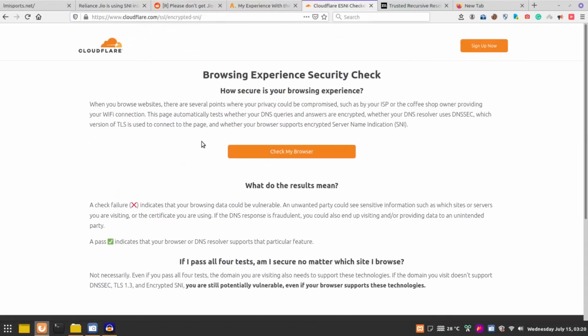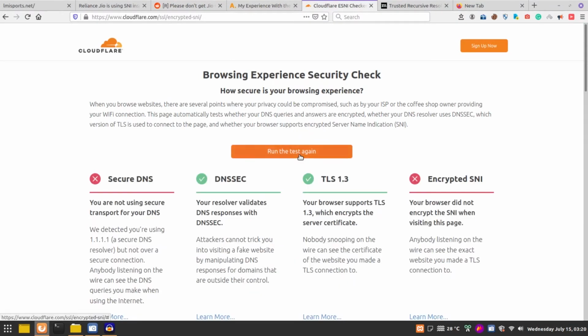So that's all that is required. Now first of all let me show you the checking. I have already activated 1.1.1.1 DNS, but still I am getting two errors. First is that secure DNS is not available, and last is that encrypted SNI is not available or activated till now, because I am going to show you how to activate it. So right now it is not available. These two things, with the red crosses on the left and right, are very much needed to unblock these sites. So I am going to do it without any VPN. First of all, let's start.